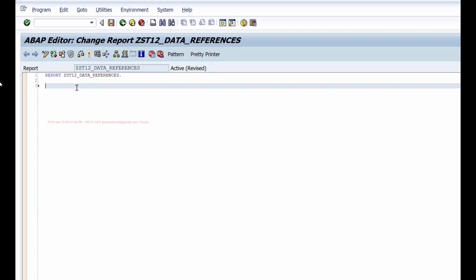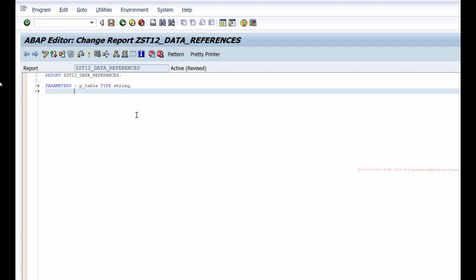I'll create a couple of selection screen fields. Let's say p_table type string. So you can input any table name here, and let's limit. So I'll also give an option where the user can input how many rows he wants to see, something like in SE11.